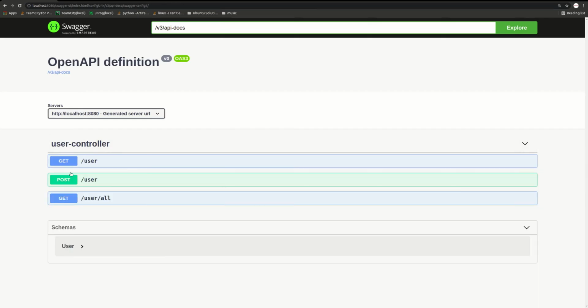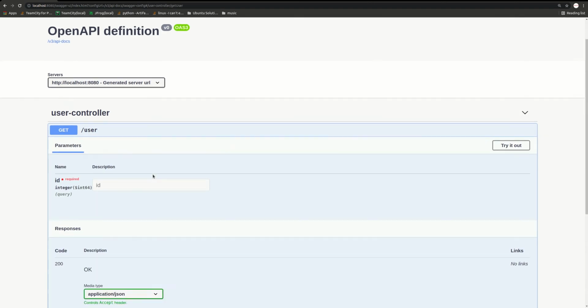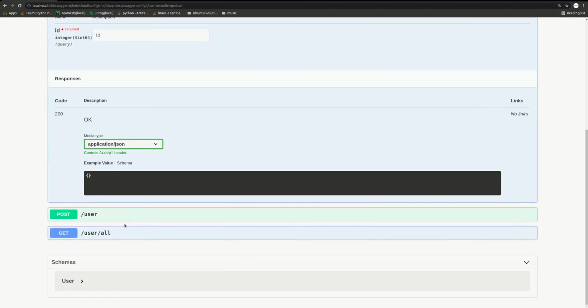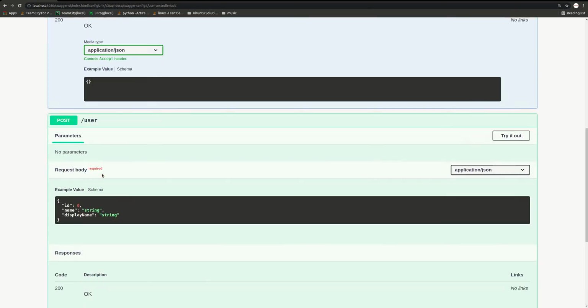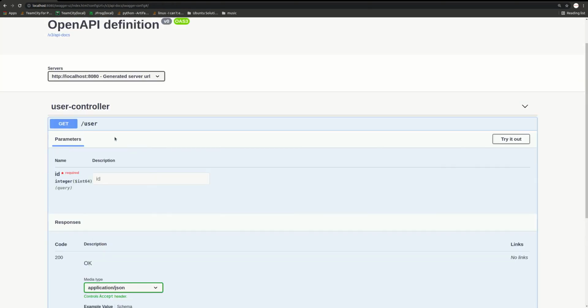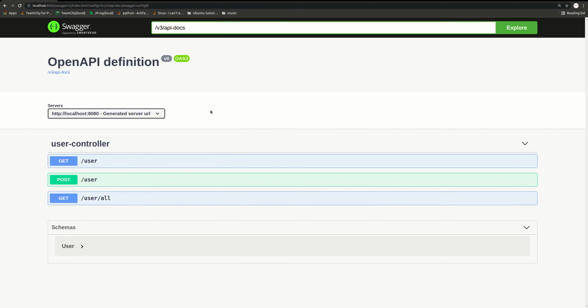So this is the Swagger default UI. You can see what we are going to generate. Currently we have only 3 APIs. First is to get the user by ID, second is add user, and third is get all users.